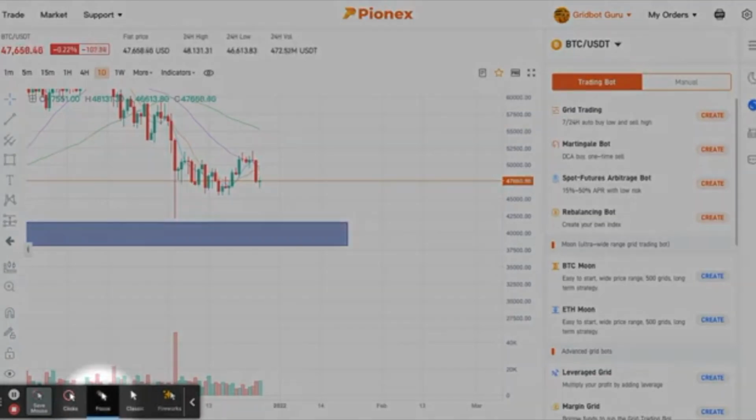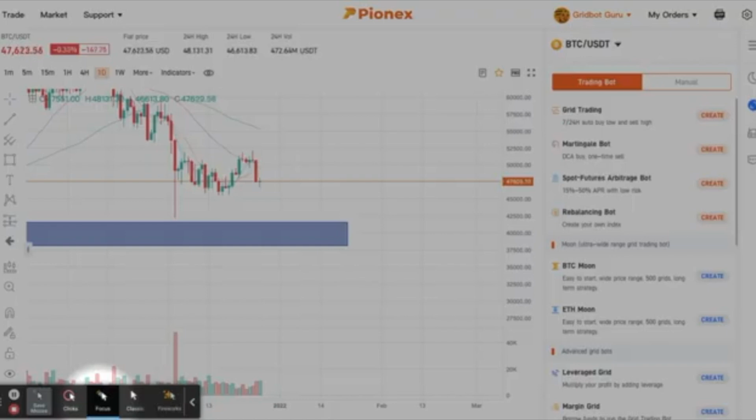Last time what I ended up doing was I ran a martingale trailing grid, or a martingale trailing bot, with some TRX. I am not going to start a reverse grid with Bitcoin. I really don't trade Bitcoin a whole lot. I watch it, but I don't really trade it. Okay. Anyway,